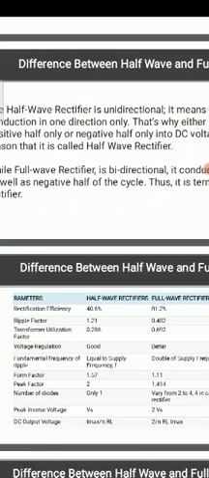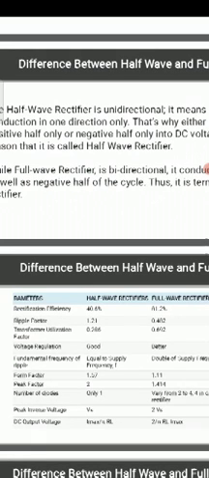Voltage regulation. In the half wave rectifier it is good. In the half wave rectifier the efficiency is less, the ripple factor is high, and the transformer utilization factor is less, but the voltage regulation is good because it provides a constant, smooth DC voltage as compared to the full wave rectifier. In the full wave rectifier, it is better as compared to the half wave rectifier. So simply, the half wave rectifier provides good DC voltage or constant voltage.